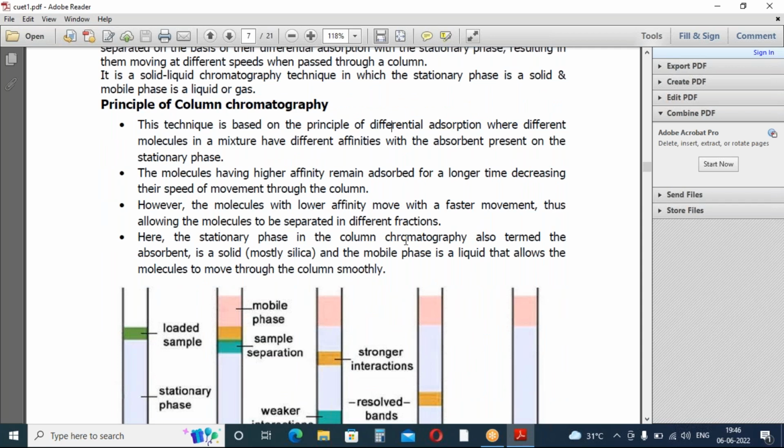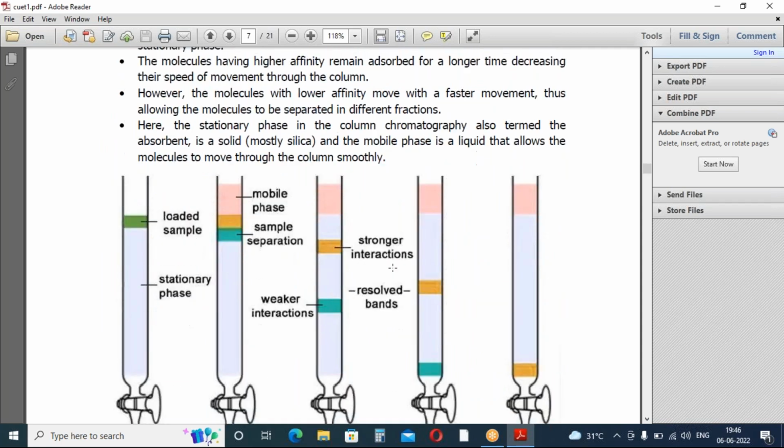You can see the picture of this column chromatography. These are like burette models, and I think you know about these burettes that are mainly used in your chemistry labs, chemistry practicals. And these are like columns. First of all, we have to prepare the stationary phase, and that should be coated onto the surface of this column. Then we add the sample, that means the samples are loaded, and that causes the separation of samples depending upon the adsorption between the stationary phase